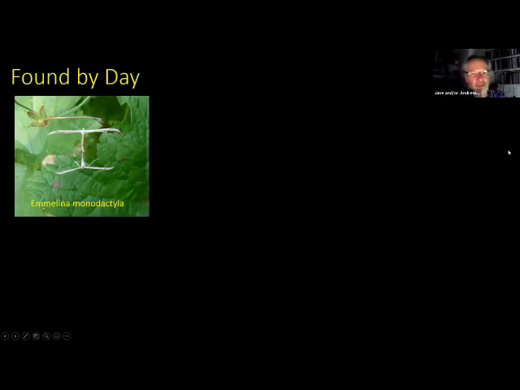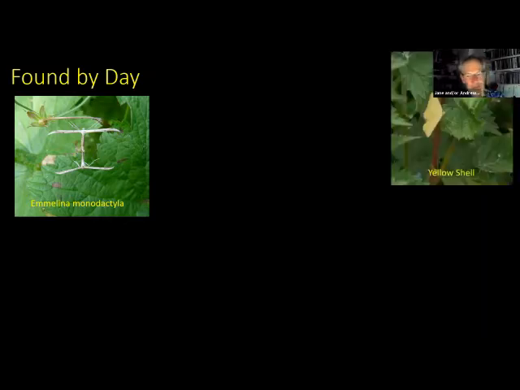And then, as well as day flyers, there are some which are quite easy to find by day that don't tend to hide away, even though they're night flyers. This is a very common plume moth called Emmelina monodactyla, which you can often find sitting on walls and fences and leaves, and that's a mating pair. The yellow shell, which we met earlier,